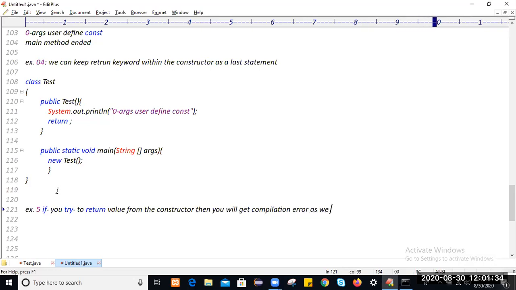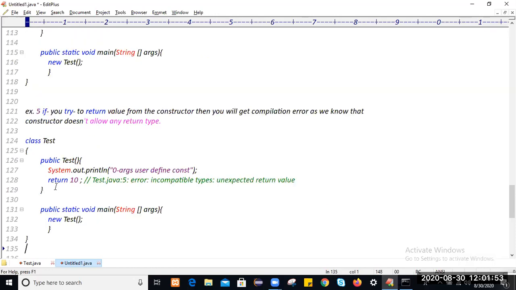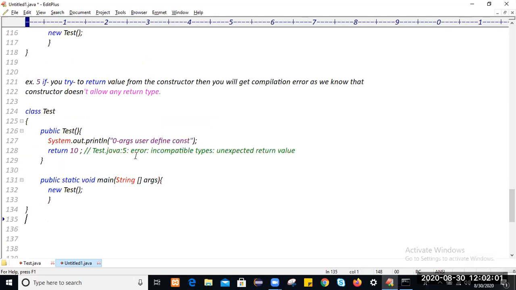As we know, a constructor doesn't allow any return type. Constructor execution depends on object creation.